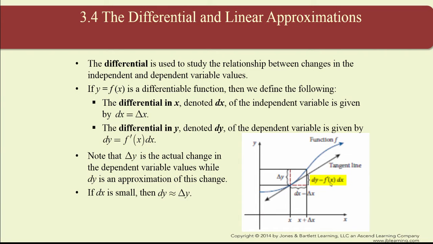We have here dy is f prime of x dx. So again, it looks like this black line here, it's a tangent line. It looks like it's tangent to the curve, the blue curve. It looks like it's tangent right here at x. So how would I find the change in the y coordinates on the tangent line when I go from here